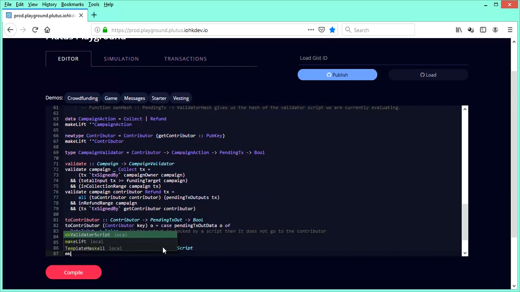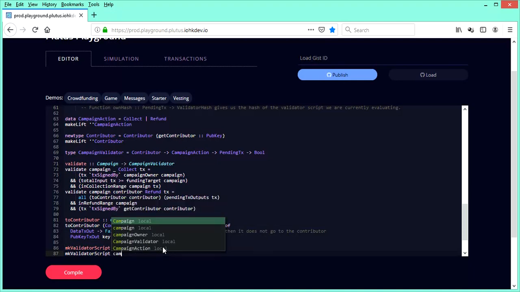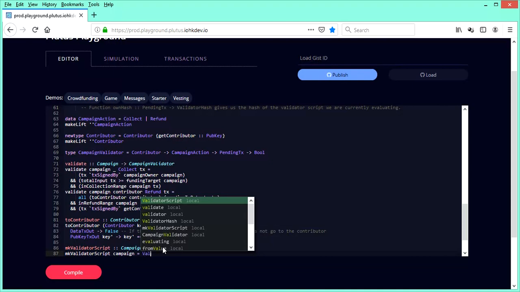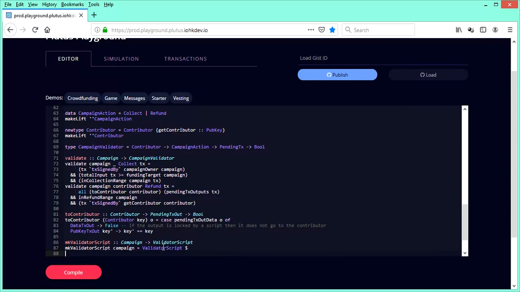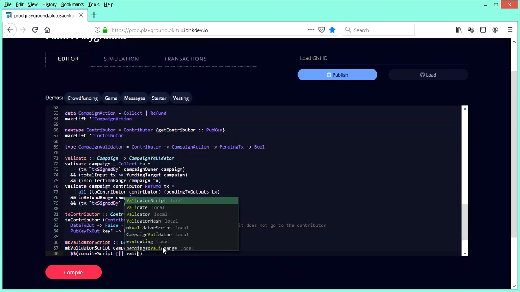Okay, so what we do, make validator script campaign, is equal to a validator script, so we always wrap it around validator script. And then here's the thing, we compile the script, do compile script validate,